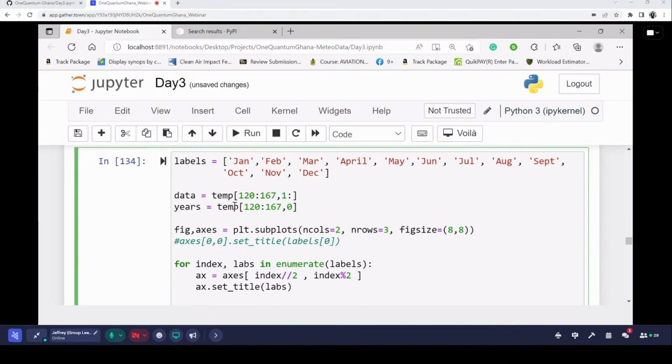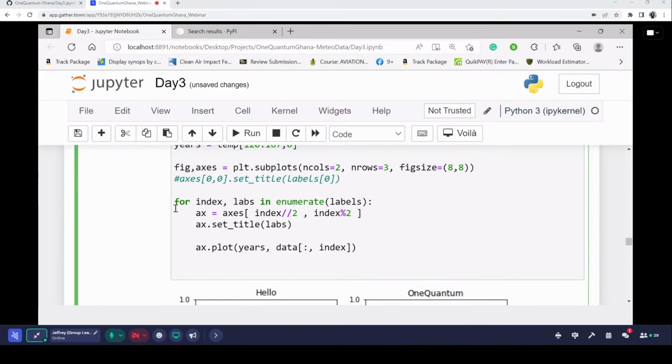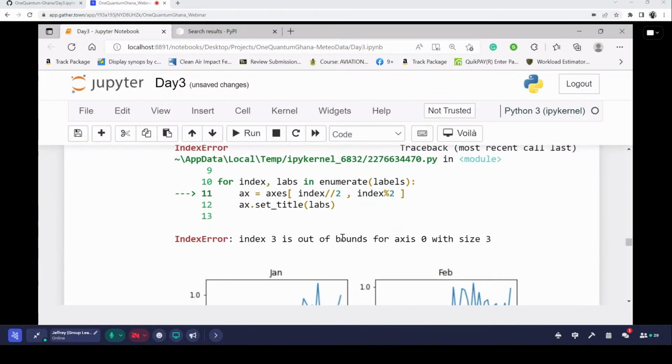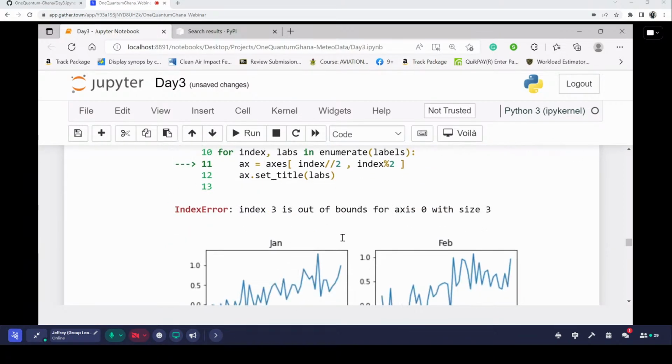Okay, so we have this. Now I'm saying that the plot should be based on all the rows and then the particular index we want, which is going to be the column. All right, because the index will be based on the positions derived from the labels. So if I now produce this, okay, yeah,